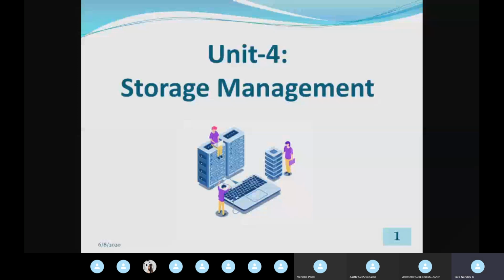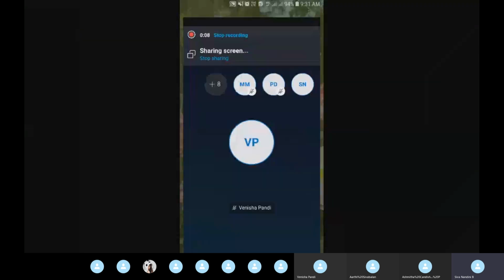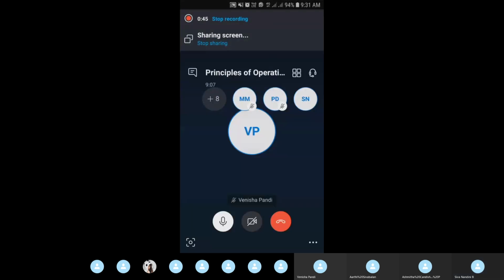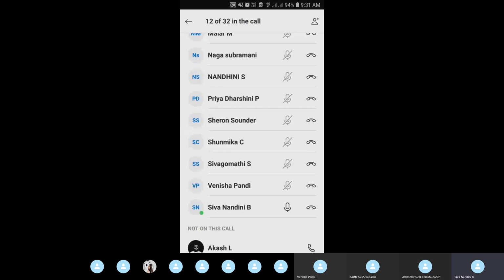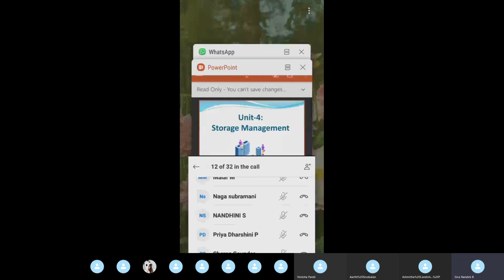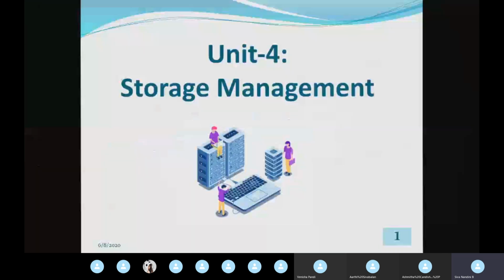Then after that we saw about the file system structure, how it is implemented by means of a layered approach. And then we saw how to implement a file system, that is what components will be available in the on-disk structure as well as in the in-memory structure. We saw this with the help of the open system call and read system call.